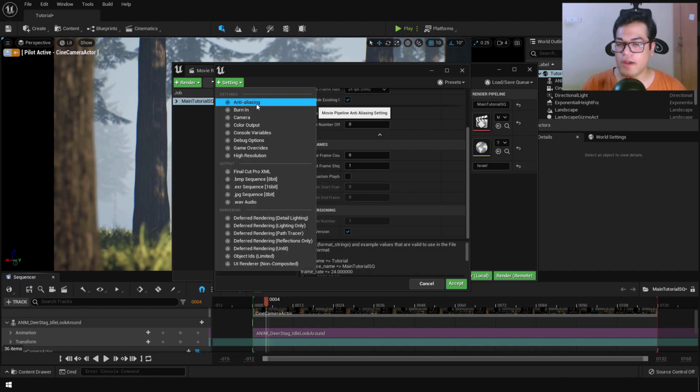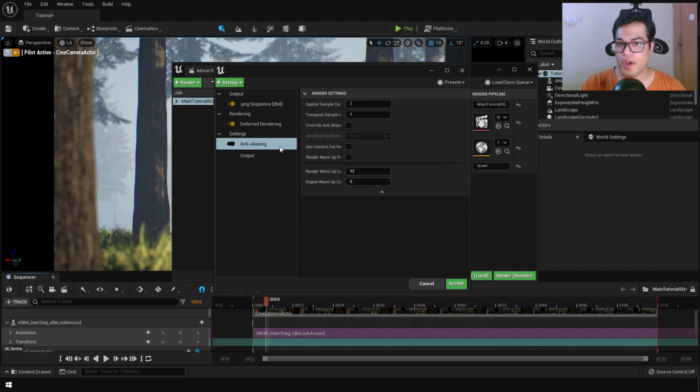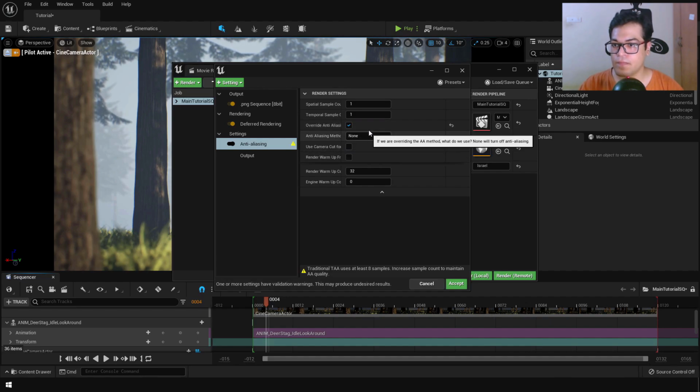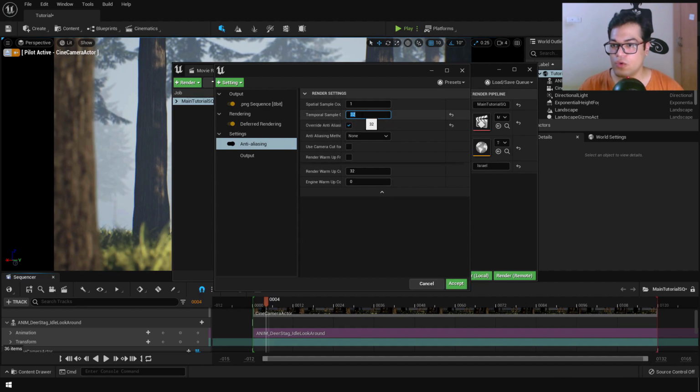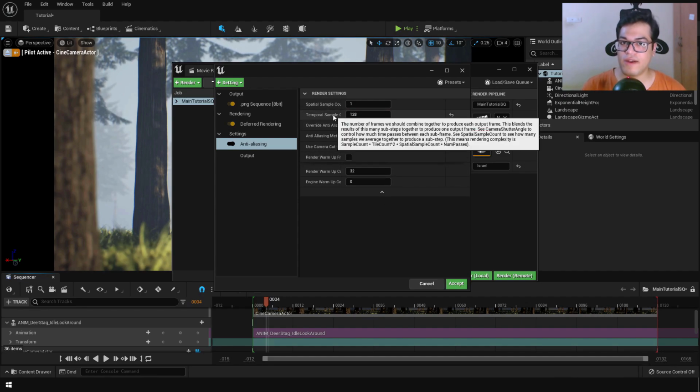After that, you can press the add settings button. And you can add an anti-aliasing. So this is where the Movie Render Queue is different from the sequencer. So this option will give you better quality renders. So you can just override this option and make sure that this method is set to none. And once you have done that, you can change the samples to anything you want. So you can basically change it to 32, 64 or 128. So if you set this to a value of 128 or something, you are going to get very high quality renders. I'll suggest you to set this to a value of 32 or 64.